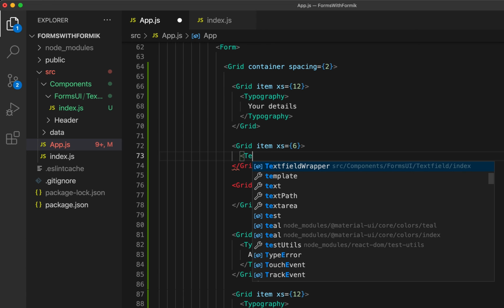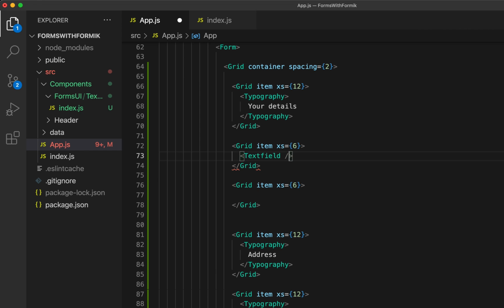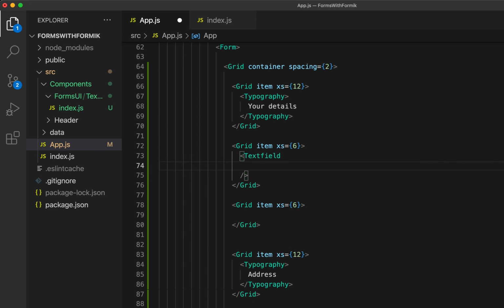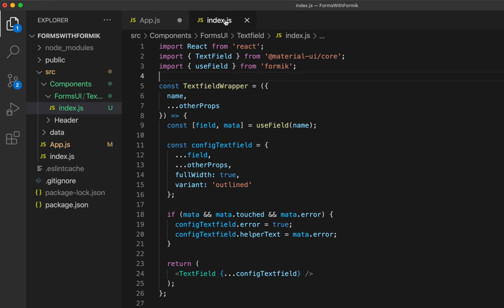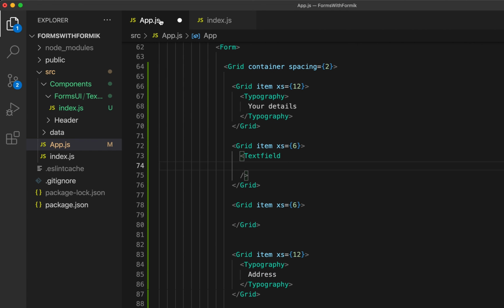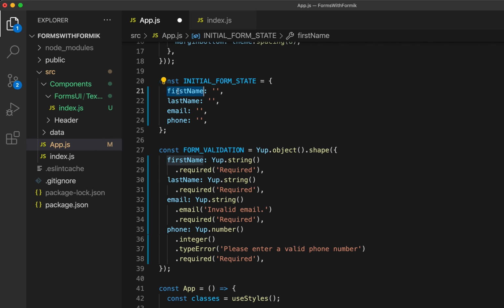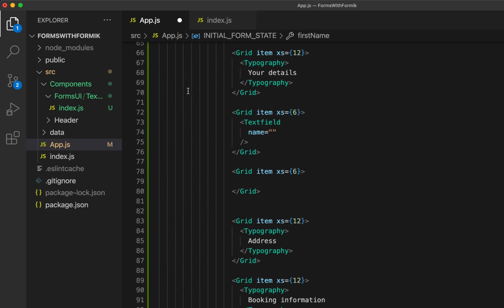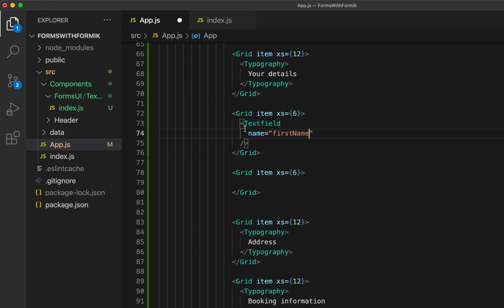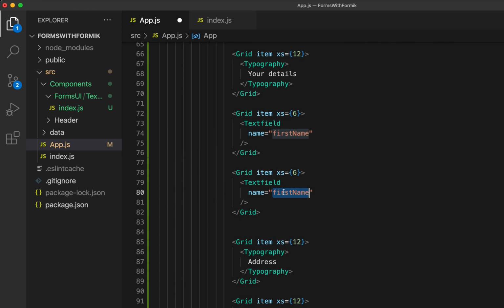And then I'm going to use that TextField component. What I'm going to pass is these 2 important props. The first is name, and the name is the most important prop because this is how we link the component to our Formik form state. So for first name, it needs to exactly match the key we've used in our form state and validation schema. So for the first field, it is first name. And then for the second field, which I'm just going to copy and paste to save time,